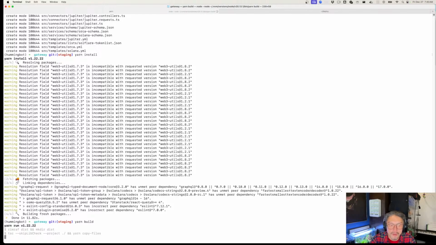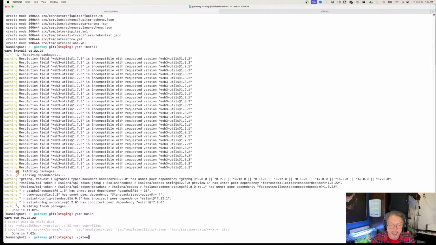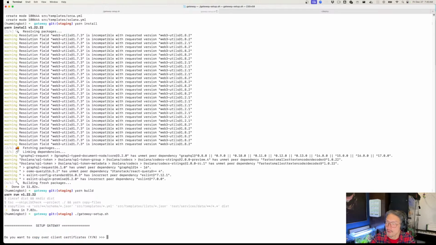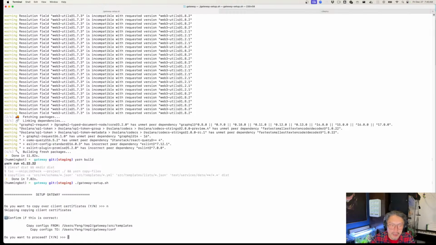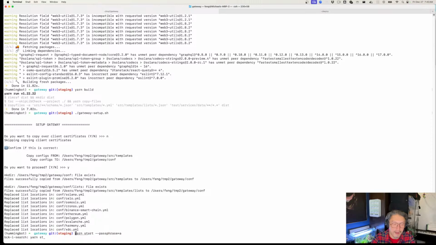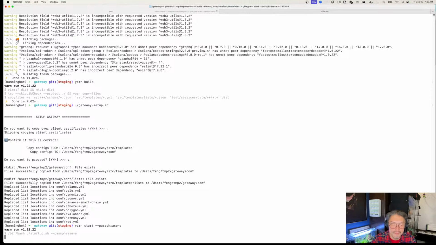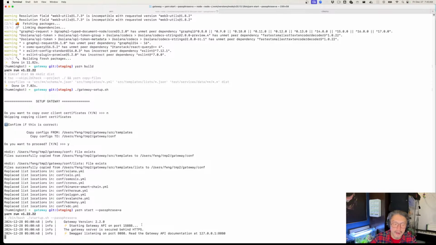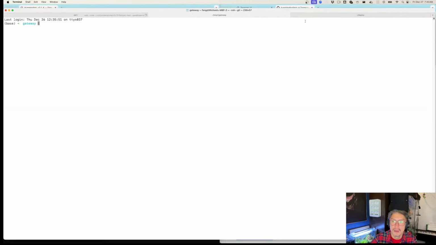Next, we'll run a yarn build to make sure that we're compiling the necessary code. And then the last step is running gateway setup. We don't need to copy over the client cert because we did that last time, but we do need to copy over these new templates because there might be new exchanges with new token lists or new configs. Okay, so that's working as well, and then finally we simply run yarn start with the passcode that we initialized when we defined the certs. Okay, so now gateway is running, and if we go back into Hummingbot,